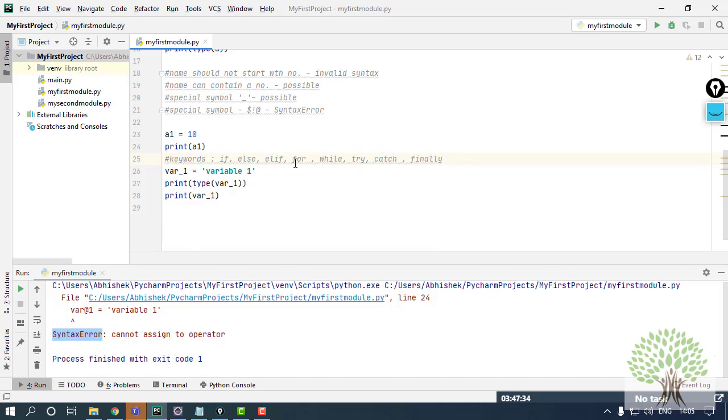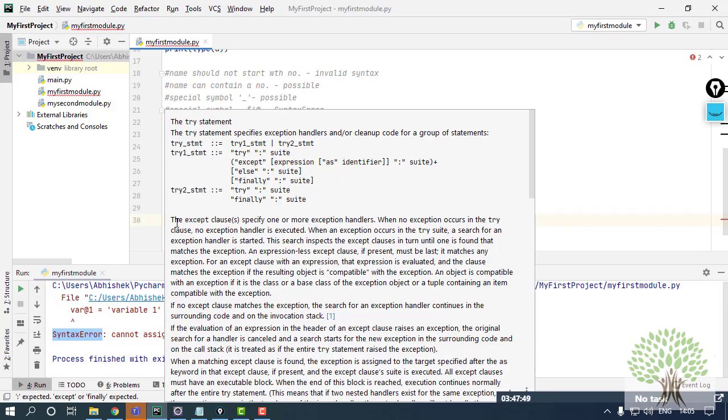Like if I try to use the keyword try as my variable, I'll say try is equals to 10. Now this is not allowed. Why? Because try itself has a meaning in the dictionary, and it is specified to do a simple work, so it cannot be used as a variable.